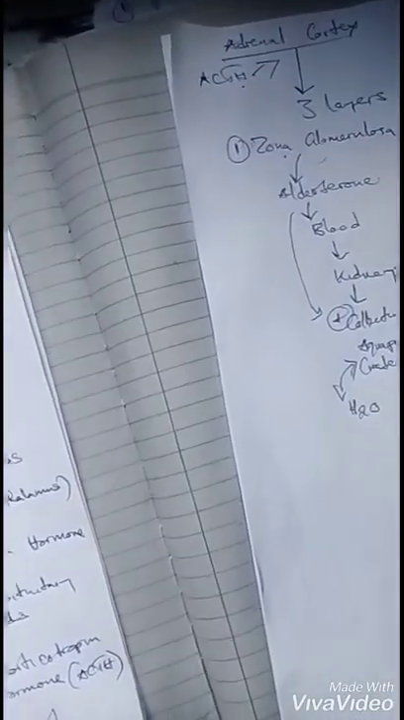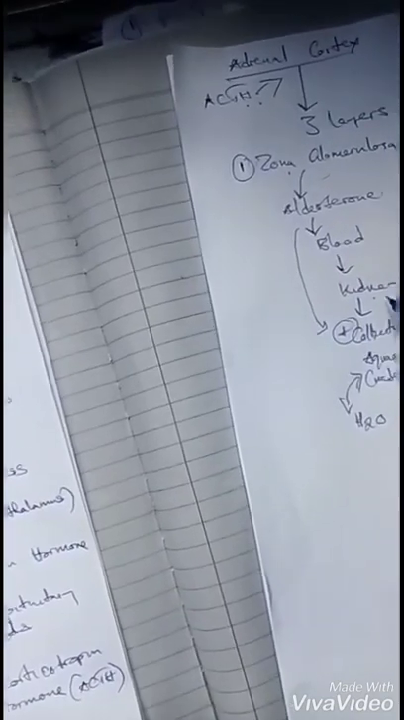So what happens is when the zona glomerulosa gets in contact with ACTH, it will release aldosterone. Aldosterone will enter circulation, and from circulation it will go into the kidneys, and inside the kidneys are the collecting ducts. These collecting ducts are made up of aquaporins. So when this aldosterone comes and targets this, it will increase the number of aquaporins, meaning